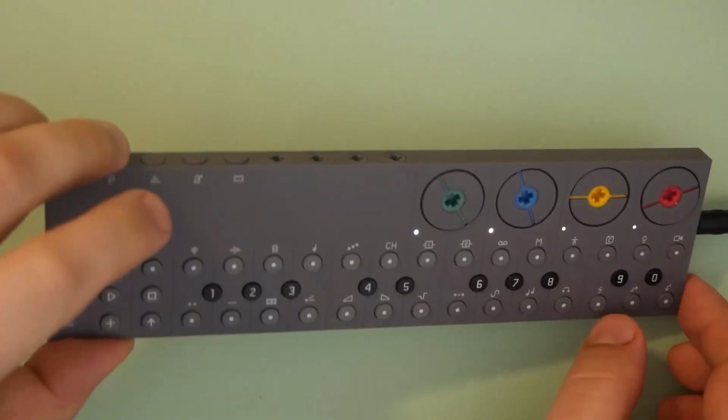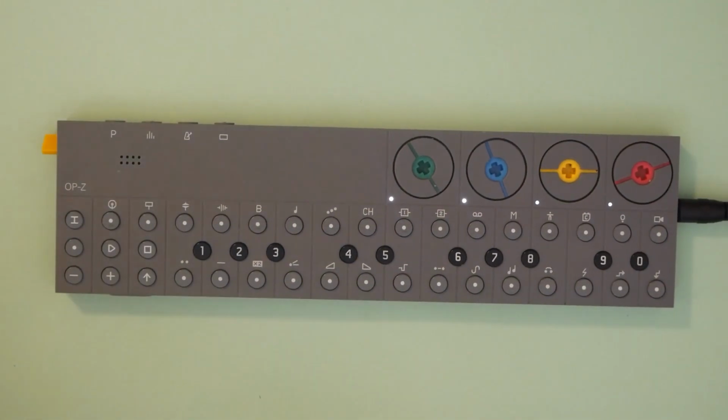Let's get started. Today I've got the Teenage Engineering OPZ right here in front of me. This guy does it all. It's a sequencer, an arranger, a synthesizer, a sampler. It's a DMX lighting controller. It's a Unity graphics engine controller. It does a lot. You'll also notice it doesn't have a screen. So when you combine the fact that it does so much with the fact that it doesn't have a screen,